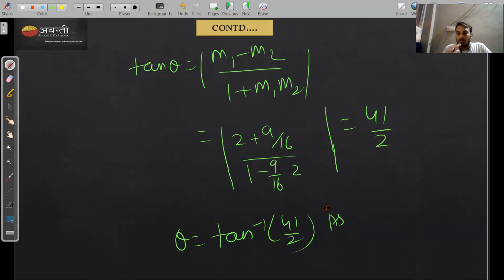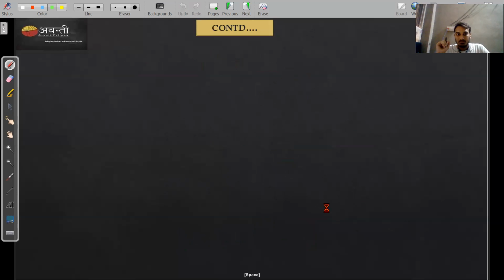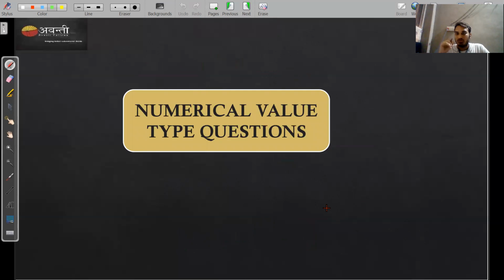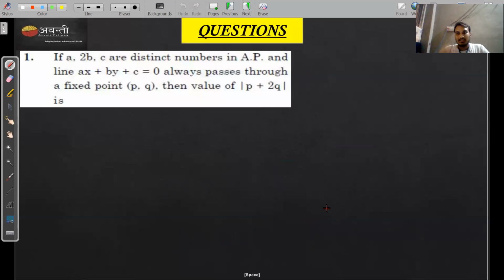So this is your multi correct choice question. But there are five questions left, which are the numerical type questions. So now let's discuss those questions also. The numerical type questions were easy, I believe, except one or two questions. So we'll solve each and every one. Don't worry, students. But the question should be very clear to you.